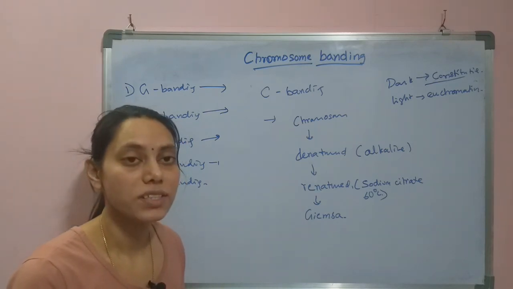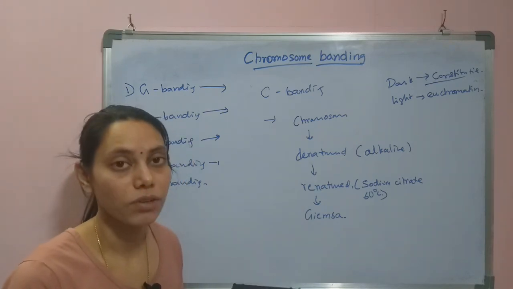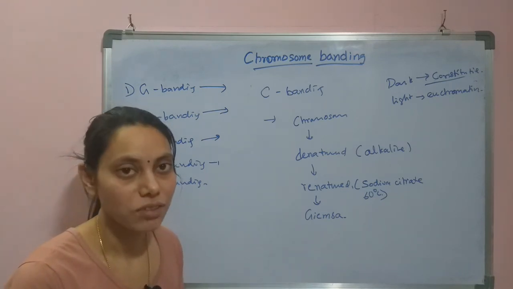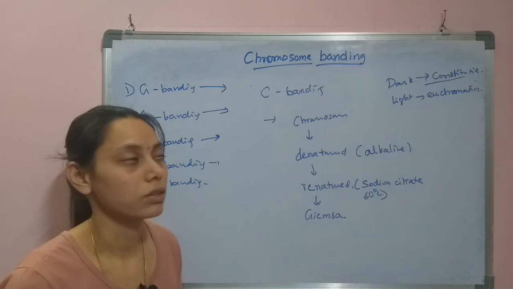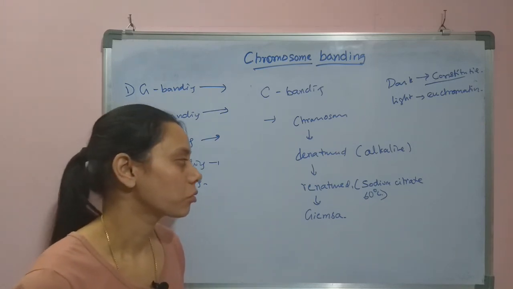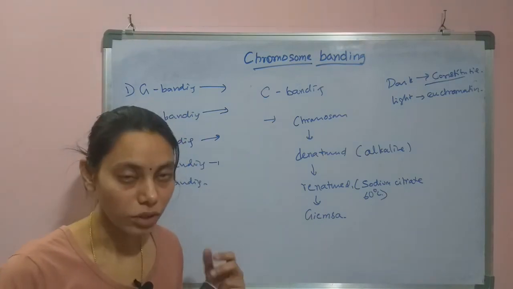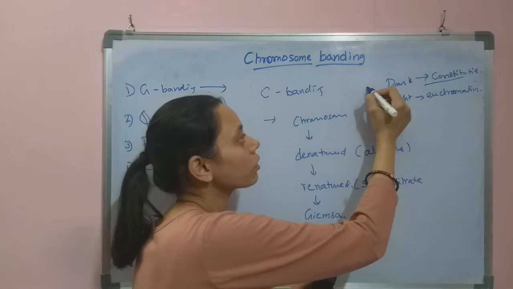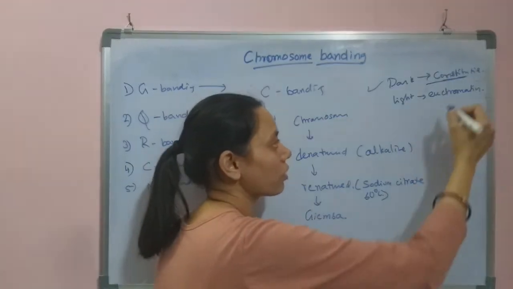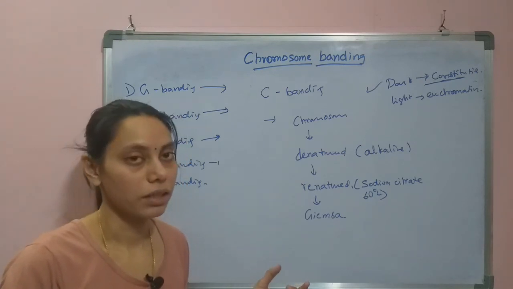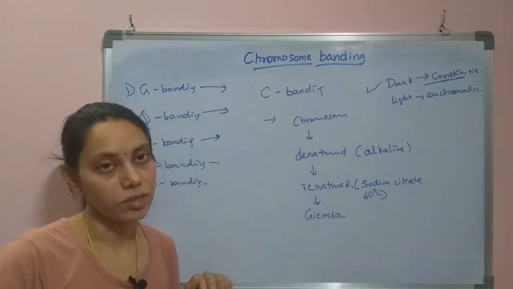The complementary strands will renature rapidly compared to the euchromatin region, in which unique sequences are mostly predominant. So because of that phenomenon, the C banding will make the dark heterochromatin or constitutive heterochromatin regions, and the light bands indicate the euchromatin regions.